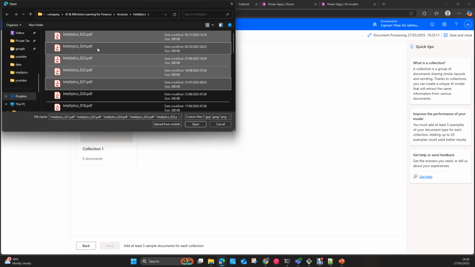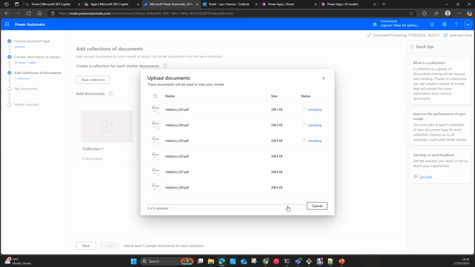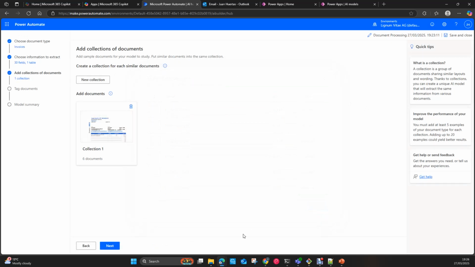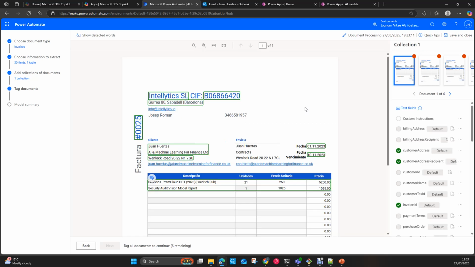We are going to do it very simple. We just follow the recommendation again, minimum 5 documents per layout. In this case, we are going to use 6, but you will see now that with only 5 or 6 documents, you will get very good performance. Once we upload the documents to the storage account associated with this Power Automate service, we go to next, and then our pre-built model is going to try to map as much as possible